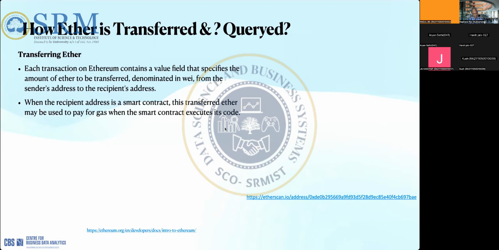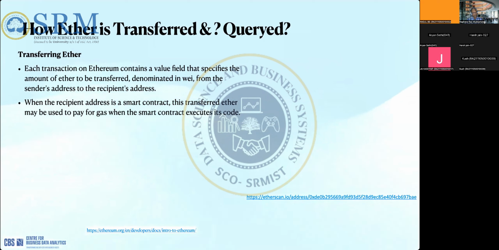And let us say that you are calling or invoking a smart contract. Then in the recipient's address, you will give the address of the smart contract. So that itself indicates that you are transferring this Ether to that smart contract to get some work done. Remember again the vending machine, you are putting a coin into the vending machine to get something out.